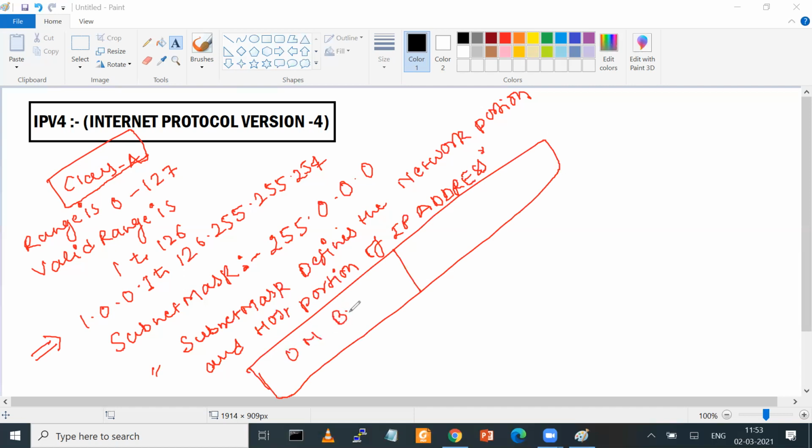ON bits और OFF bits। ON bits represent network, OFF bits represent host. लेट्स सपोज क्लास ए का आपके पास क्या है? एक सबनेट मास्क है which is 255. गाइज दिस इज वी कॉल डिफॉल्ट सबनेट मास्क।